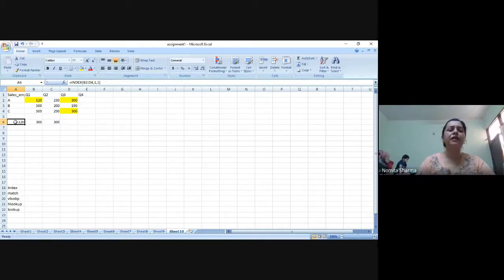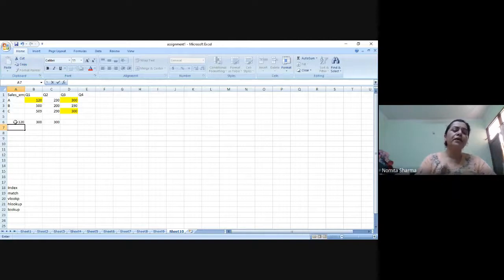And again, whenever the different functions come up in our practical examples, I do try to highlight the differences from the other functions, so that in the exam it's easier for you to recall which one to use and which one to ignore. Now this one was the example of the array form. There is another example where we have the use of the reference form in the index function.